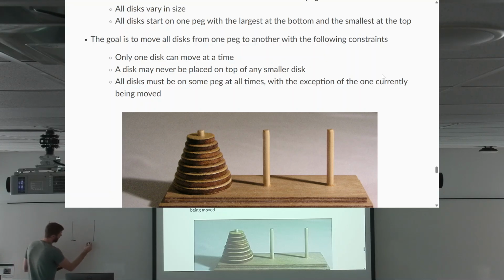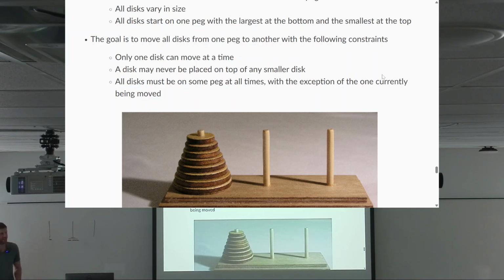So I guess it's got to go here. Now I don't have any room, but I can move this guy there. And then I can move the big one. I can move the small one here. Move the middle one here, and then the small one I can go